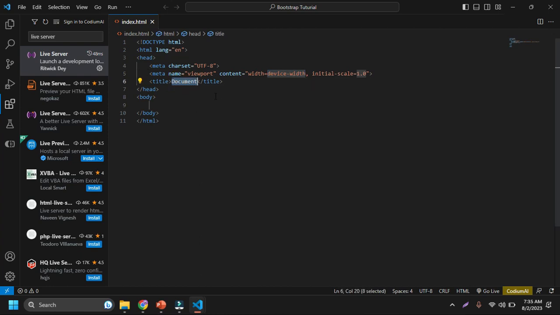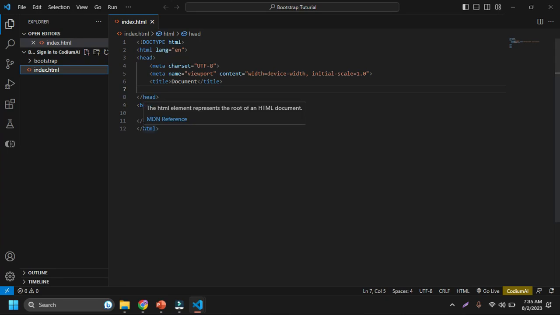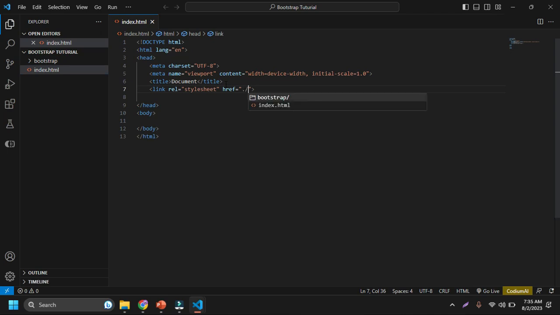And I do not need to change anything here. I just want to include the CSS link at first. To include the CSS link, we have already studied the link tag in HTML. So link href, dot slash, inside the Bootstrap folder,